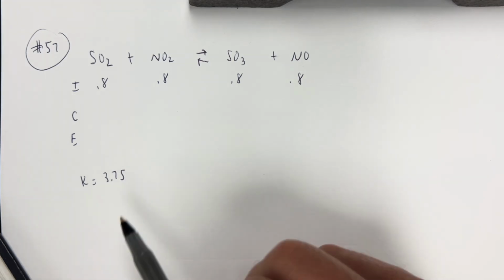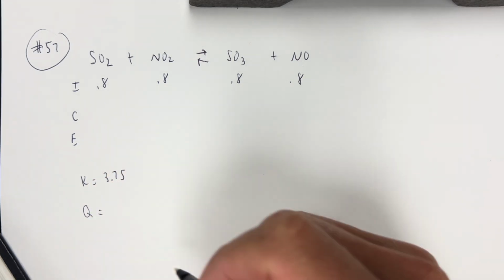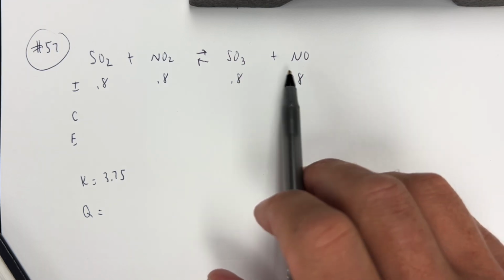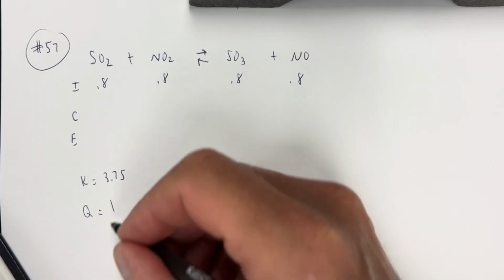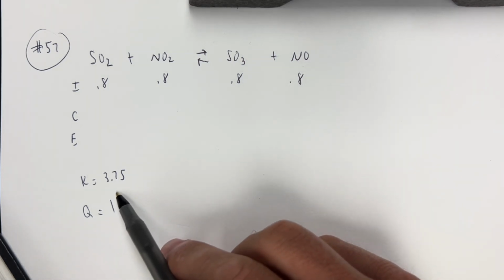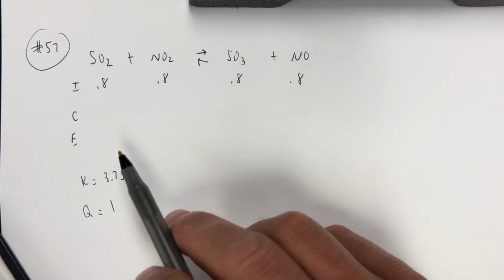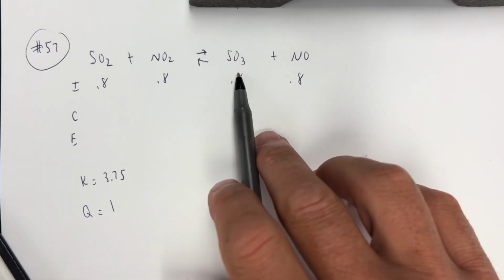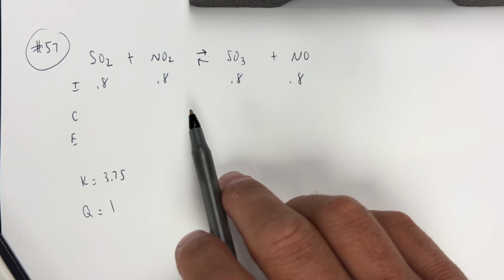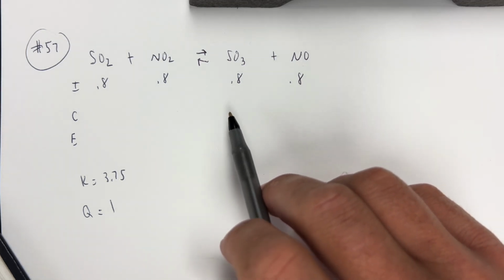Well, the Q value would be products over reactants, 0.8 times 0.8 over 0.8 times 0.8. So your Q value is going to be 1. Now to get to K, we need to increase. That means this has to shift to the right. We need to get more products until we get to a ratio of 3.75 to 1. So I know that